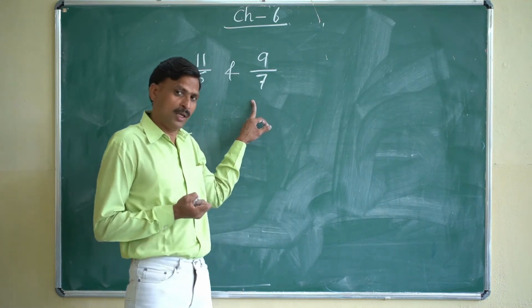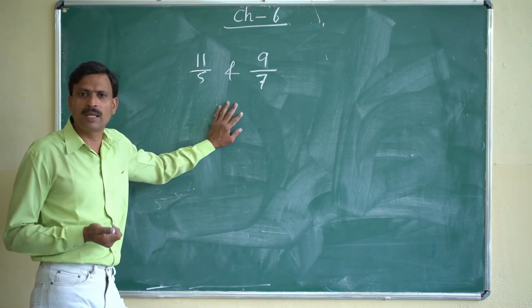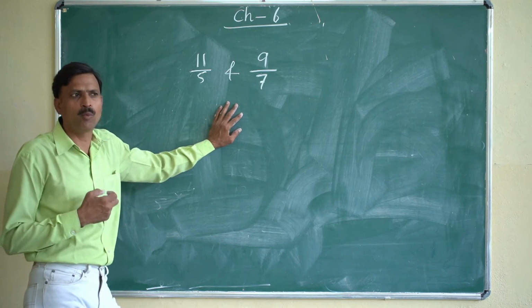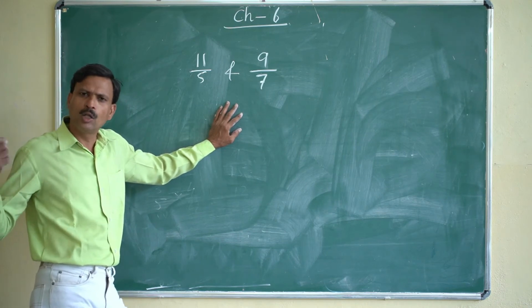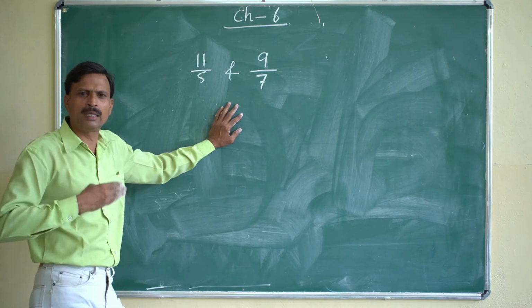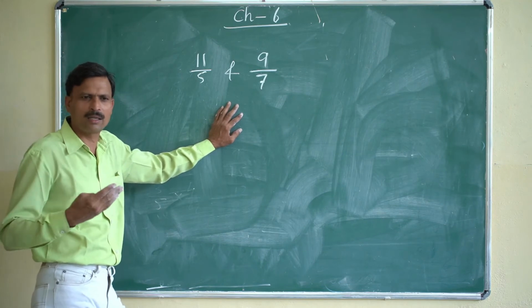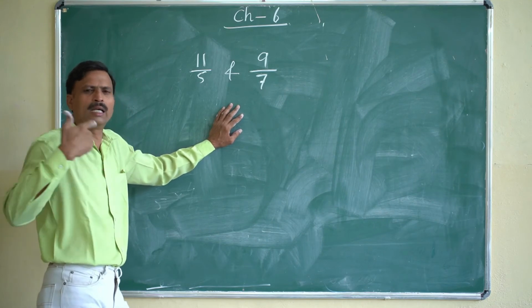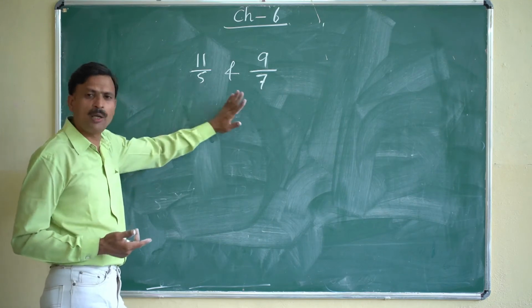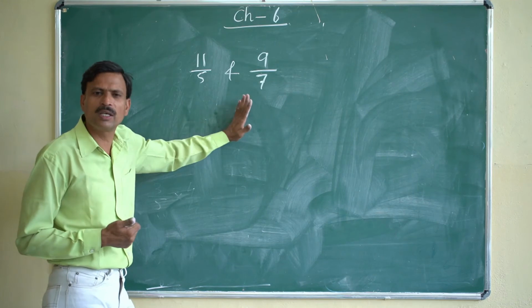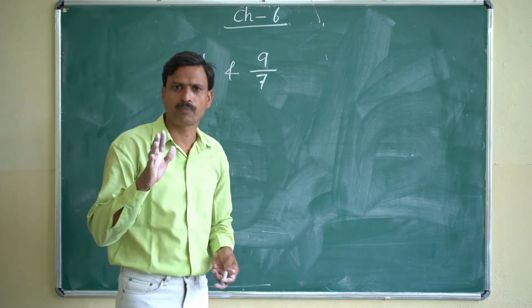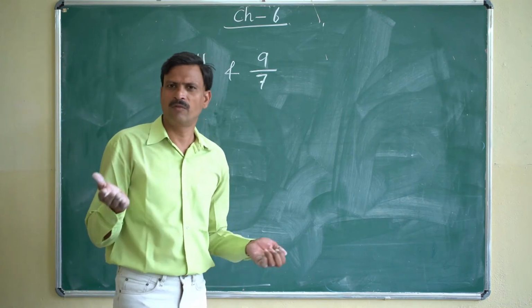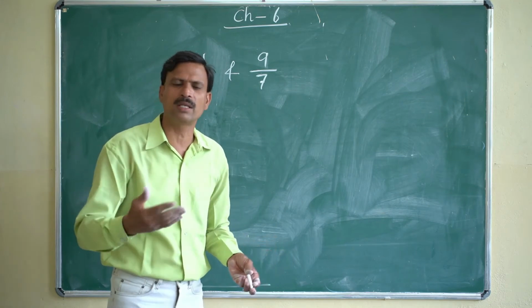Which is greater? Okay, generally if natural numbers are given like 1, 2, 3, 4, 5, 6, 7, 8, 9, we are able to tell that 6 is greater than 5, 7 is greater than 6. Or if a general number is given, we can tell that 100 is greater than 99. But with fractions, how will we know which fraction is greater and which is smaller? Are you getting it? It's very easy to find which natural number is greater and which is smaller.